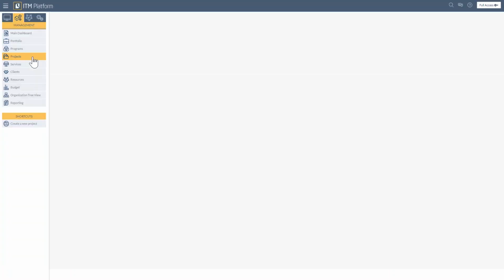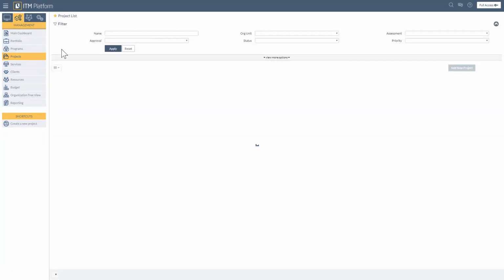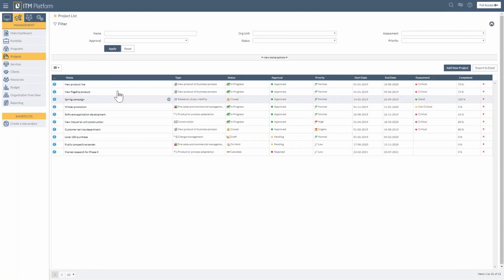We've also got the projects area, which I'll quickly go over just to give you a sort of feel for the project section of ITM Platform. So first of all, you'll get your project list, similarly to what we saw in the programs. So it'll give you some parameters like type, status, how it's doing in terms of percentage completed. So if I just jump into new product line,